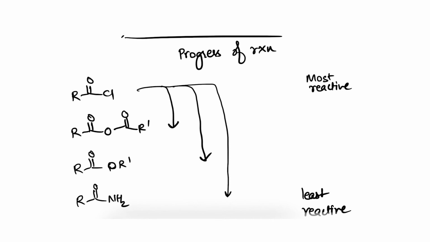For example, we just saw a reaction where cyclohexanol was reacted with acyl chloride and it formed an ester, right. So, here is a very easy way to convert one reagent into another or one functional group into another. If you take an alcohol and react it with acyl chloride, you form an ester. If you take an alcohol and react it with anhydride, you form an ester. Or if you take an amine and react it with acid chloride, you form an amide. Take an amine, react it with acid anhydride, you form an amide. Again, take an amine, react it with ester, you form an amide. So, it is very easy to come down this reactivity trend depending on